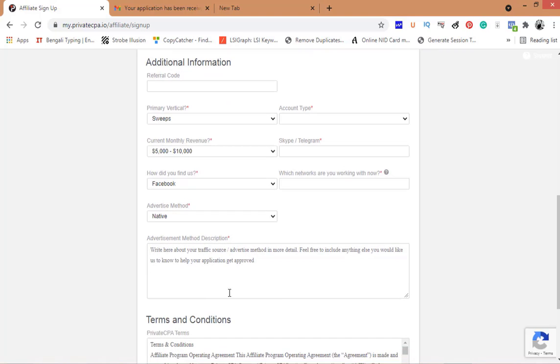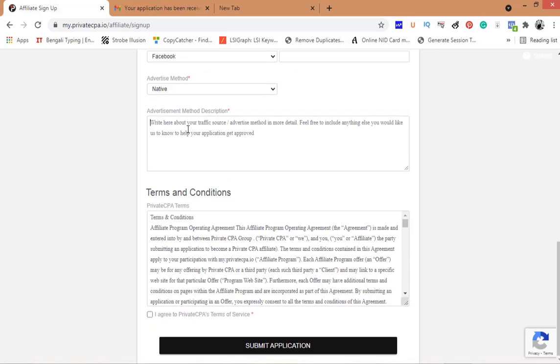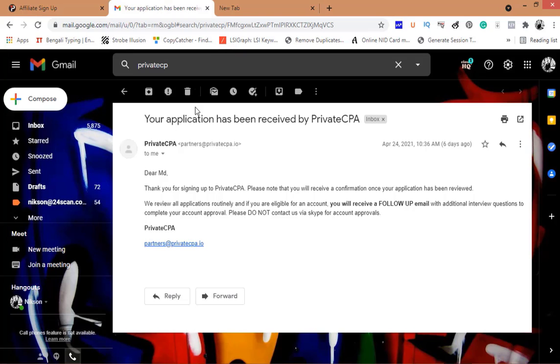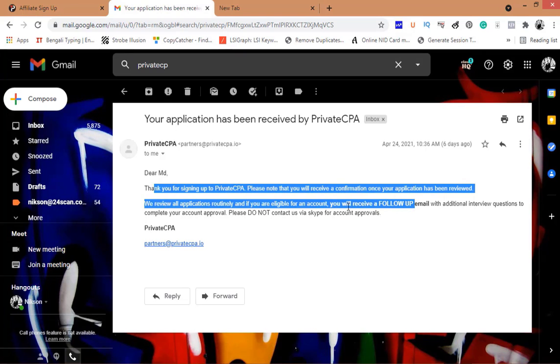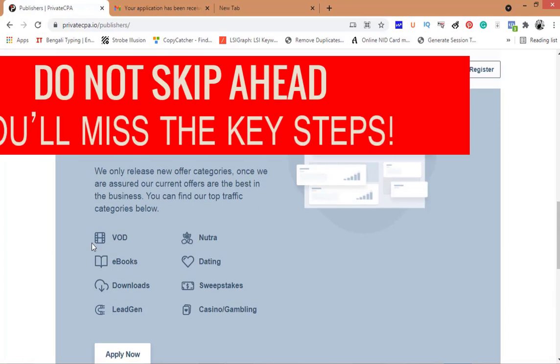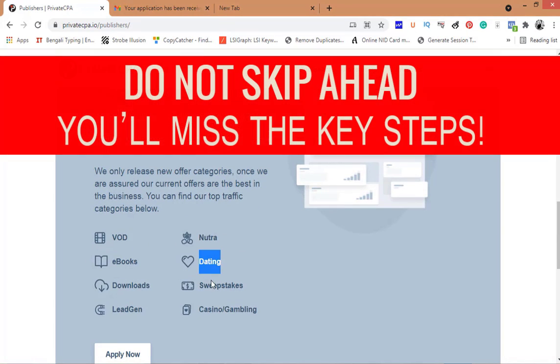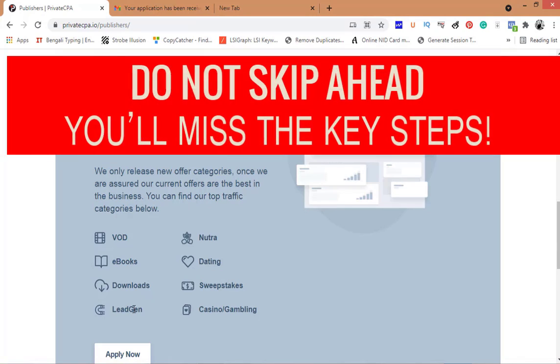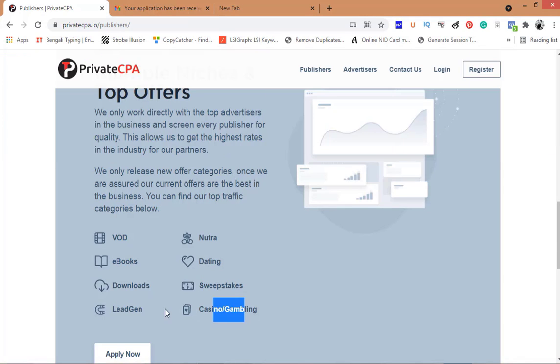So put it like that you are very advanced and you do native ads or pop-up ads, this type of thing. After that, when you click on register, they're going to send you an email asking what type of offer or product you usually promote, so you can tell any of them.